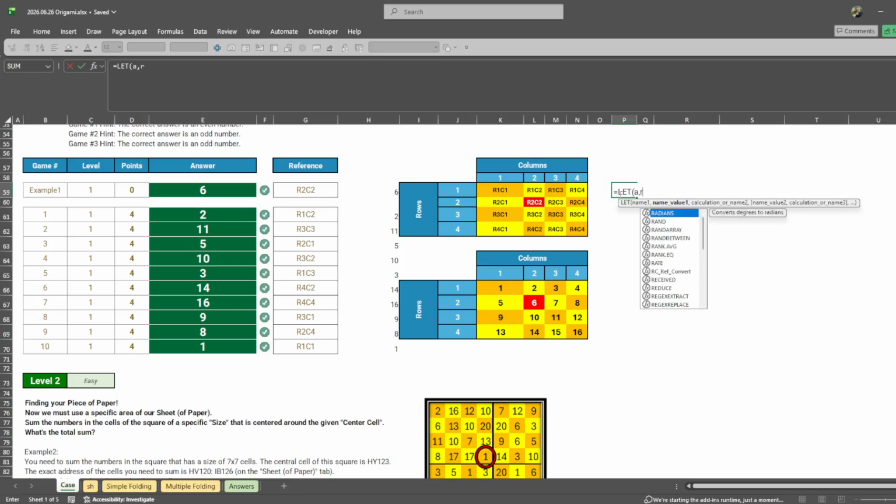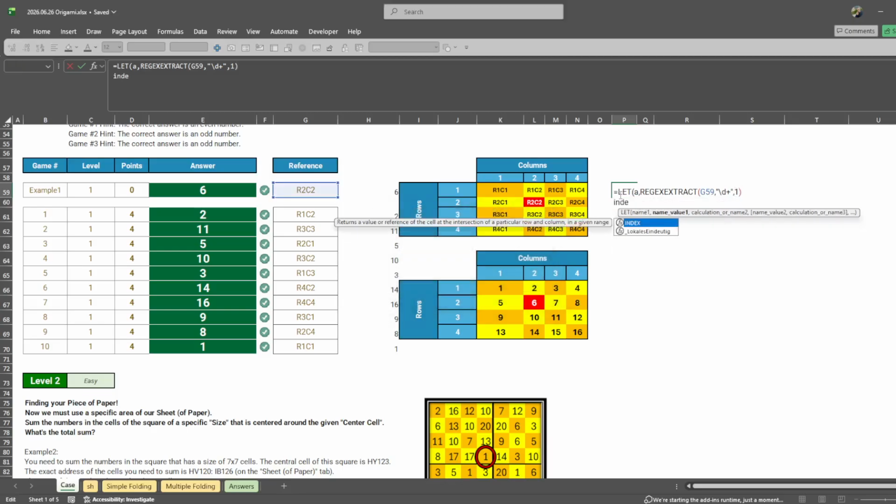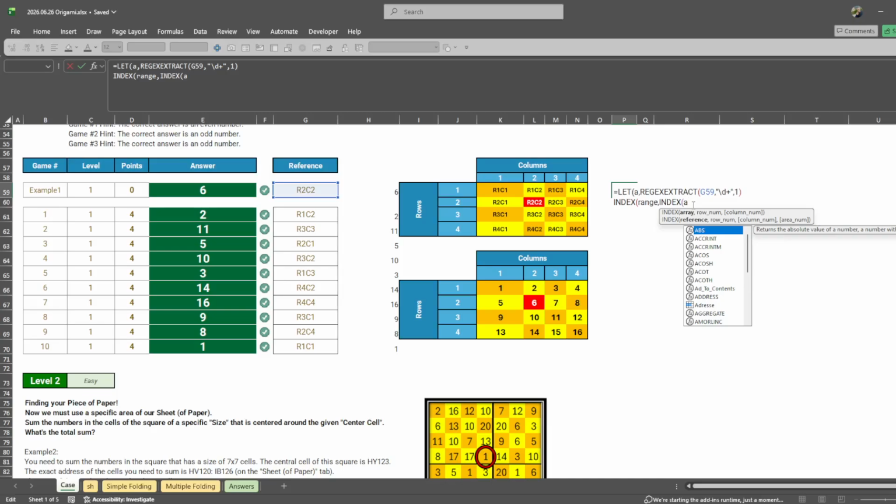Well, let A go regex extract. It's the reference, right? And what I want as a pattern is just /d plus, if I have more than one like that. And now I can say index whatever range, I guess. Index range. Oh, let's just say like that. Index range, then this returns row and column, right? So I can do add A, or I can index A1 and index A2. So like that, and now I could just say